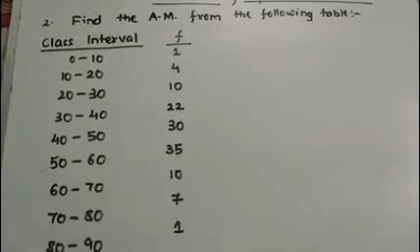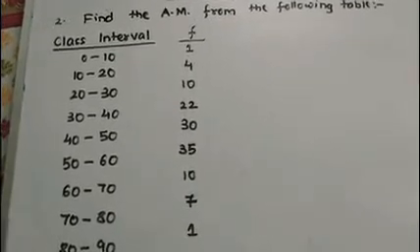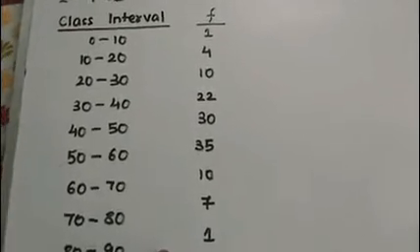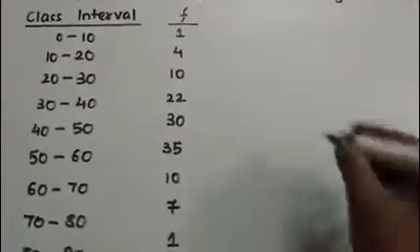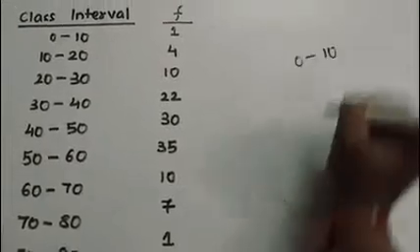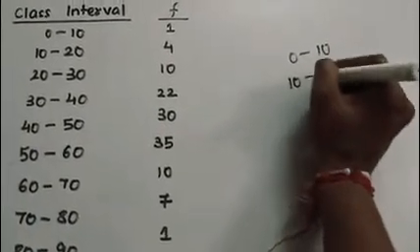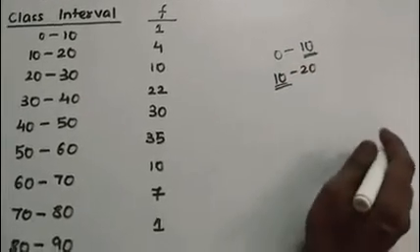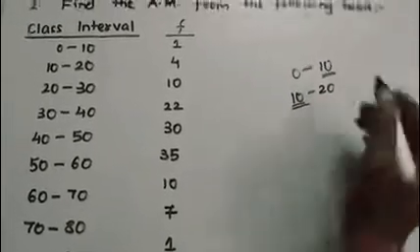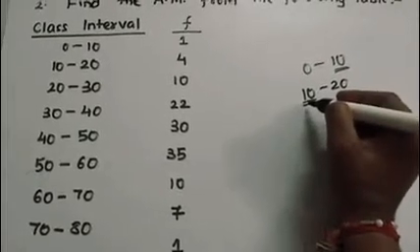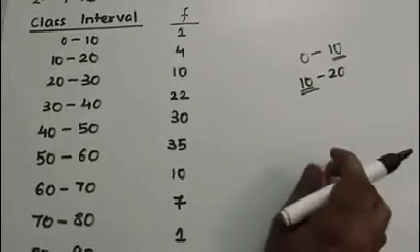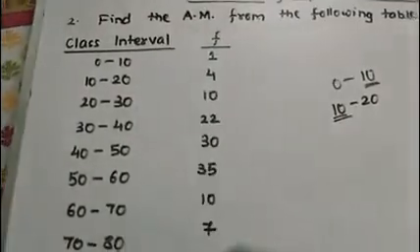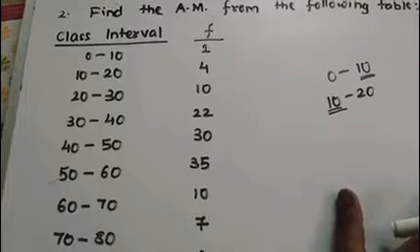Now, class interval means, first of all we have to focus on the intervals here. A very important thing about the class interval: see how the class interval is in the form. First one is 0 to 10, second one is 10 to 20. So we focus that from where it ends, from the same point the next one starts. This type of class interval, where the ending point and the next starting point are the same, is called continuous data.